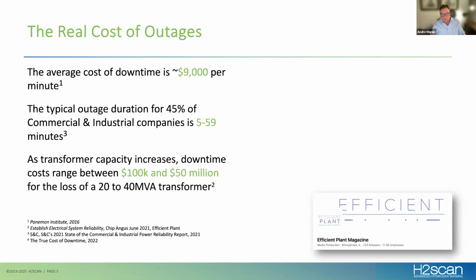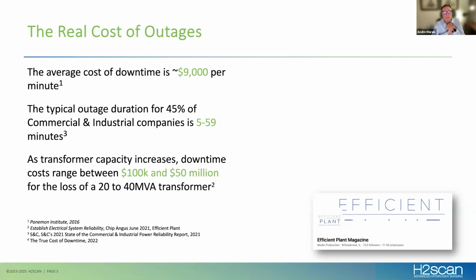So what's the real cost of an outage? And there's a number of sources for cost data. As you study all the different reports, you'll find varying projections of cost. Clearly, it's industry specific, it's capacity specific. But if you look, the average cost of downtime is estimated to be about $9,000 a minute